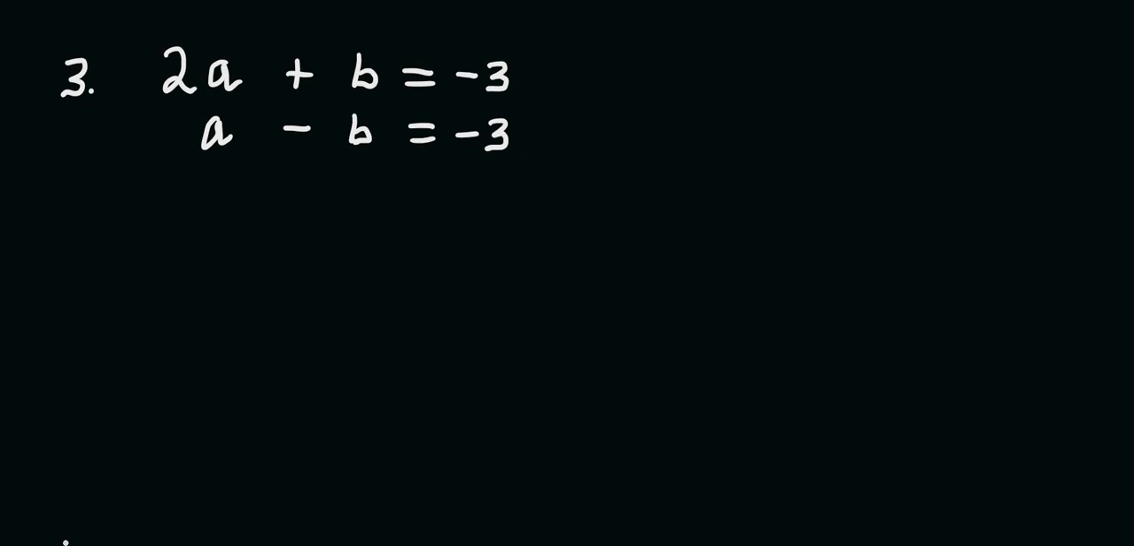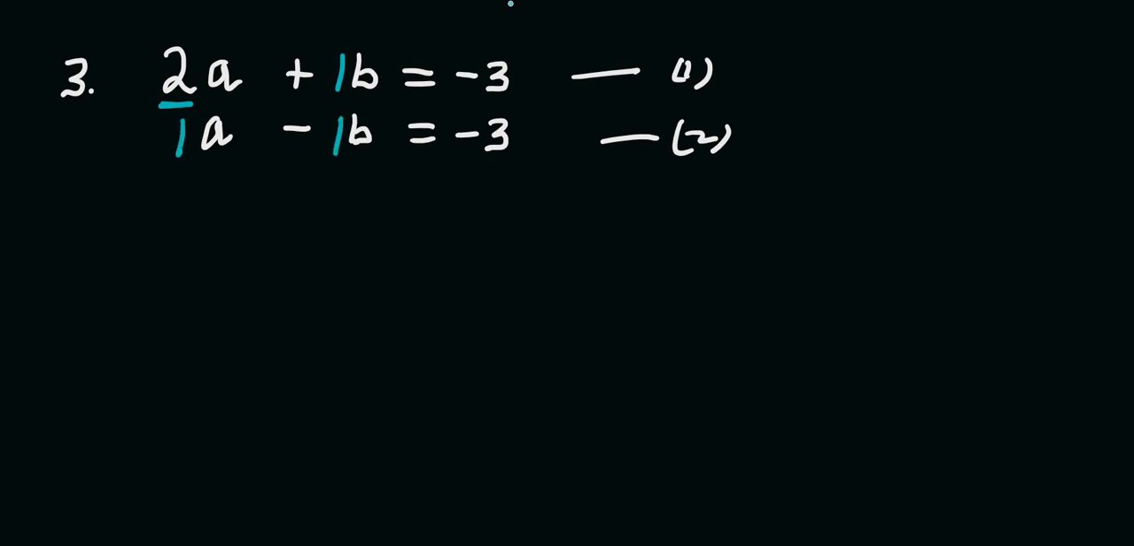We have 2a plus b is equal to -3 and a minus b is equal to -3 also. So now, first of all, we label them. This is equation 1 and this is equation 2. And also consider the coefficient of each of them. So now the coefficient of a here is 2, and that of b is 1, this is -1, and this